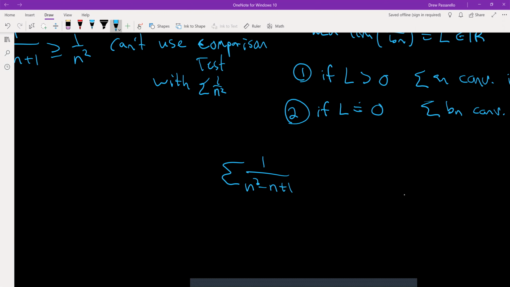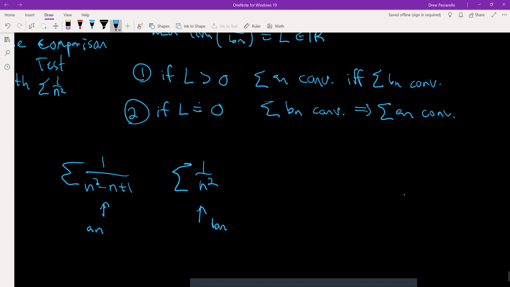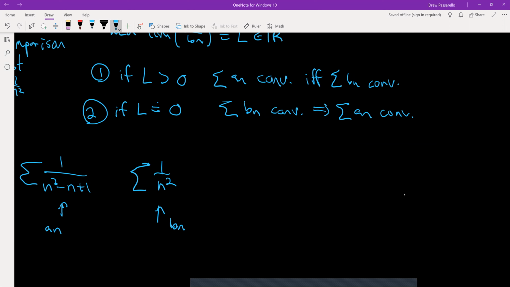And then I'm still going to use 1 over n squared. Let's say this is my an, and this is bn. If I take the limit of an over bn,